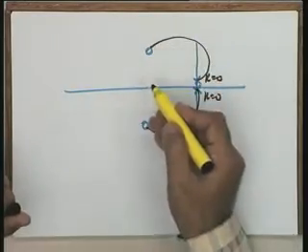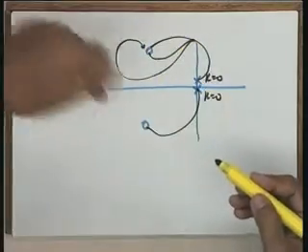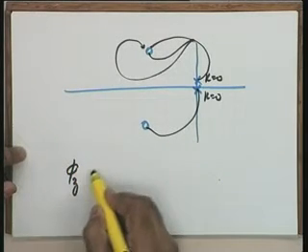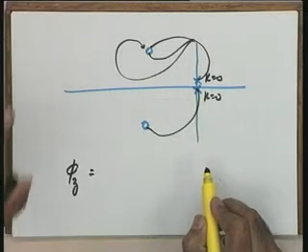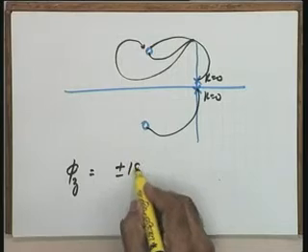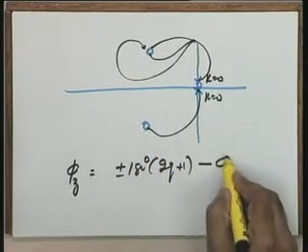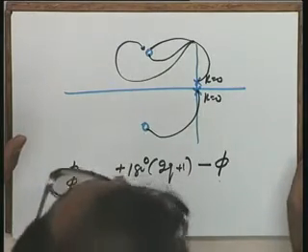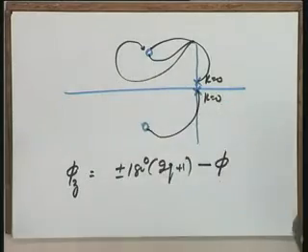Now I want to concentrate on the rule as to which way it will approach the zero. Will it approach the way I have already drawn, or will it approach this way, or this way? Which is the way it will approach the zero? And that is given by the following relation. Phi z, the angle at which the root locus branch will approach a complex zero, is equal to again plus minus 180 degrees into 2q plus 1, minus phi, where now what is phi? The same thing, the net angle contribution due to all other poles and zeros at the zero under consideration.